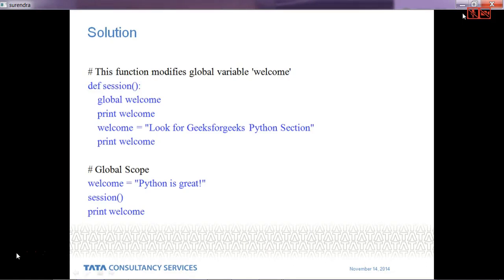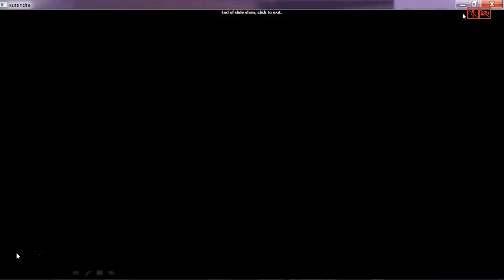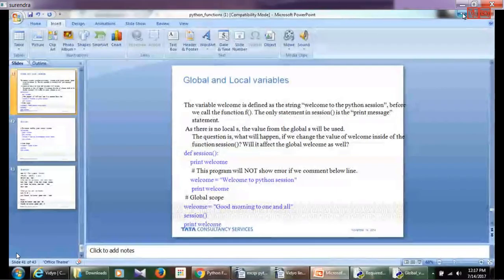Local variables I'm not supposed to access outside the function. Global variables I can access anywhere in the program. So that's all from my side. If anyone having